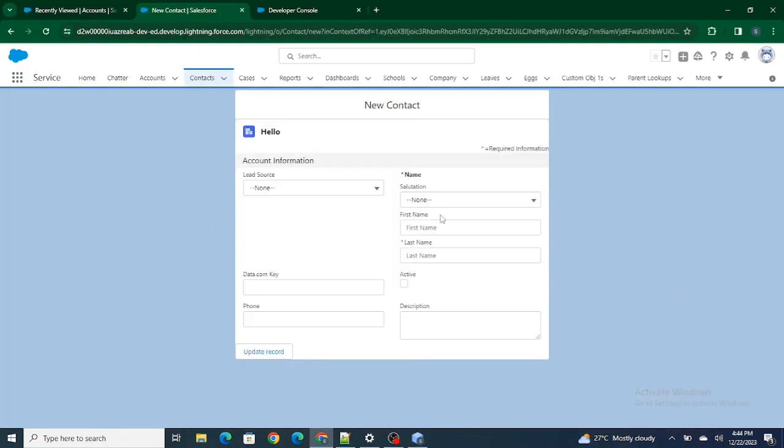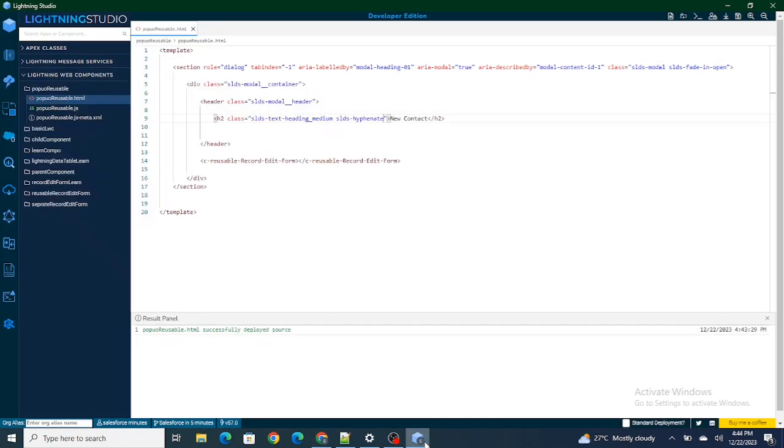Okay, now it started to appear much more standard. If you see, it started to appear like a standard thing, right? It is like a pop-up, but because of this blue screen we are not able to understand. But yeah, now it's somewhat looking like a container, and the new account is there, and there's a required information, but I don't want this, right? Now this is coming from our record edit form. If I go to this record edit form,